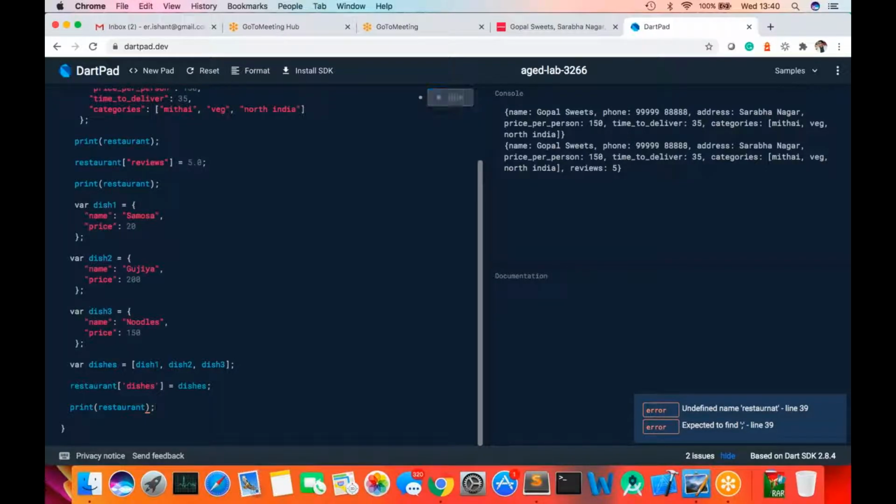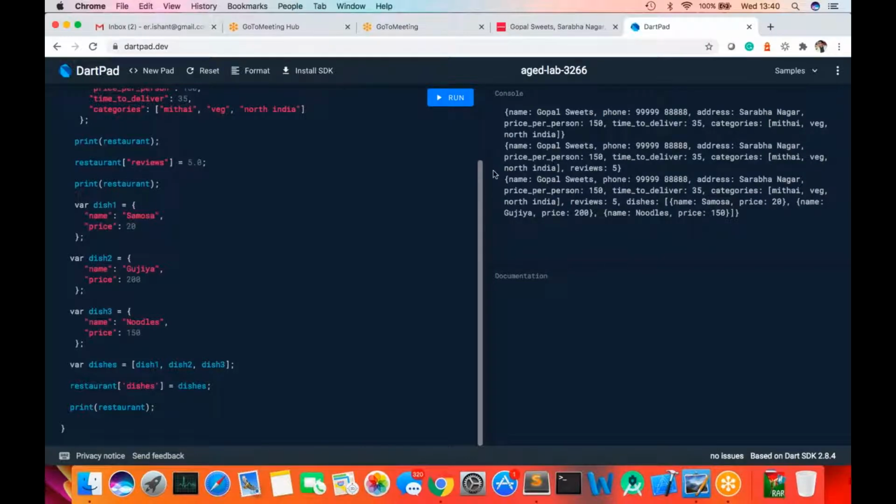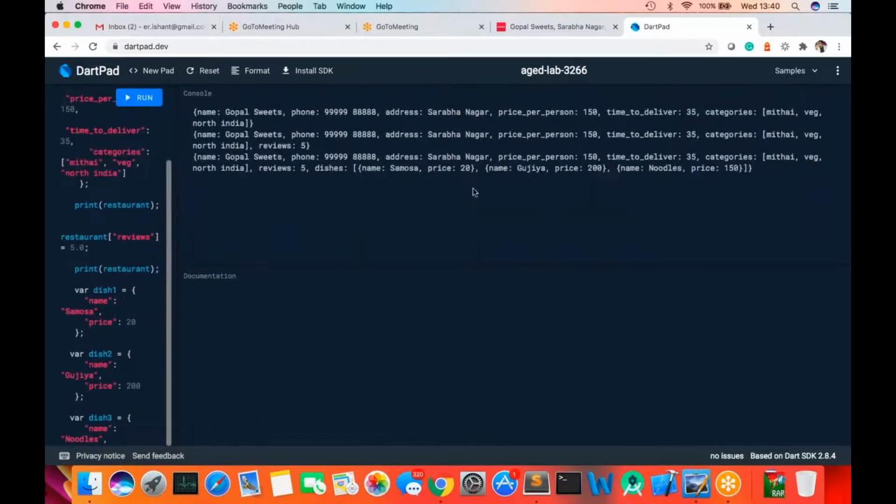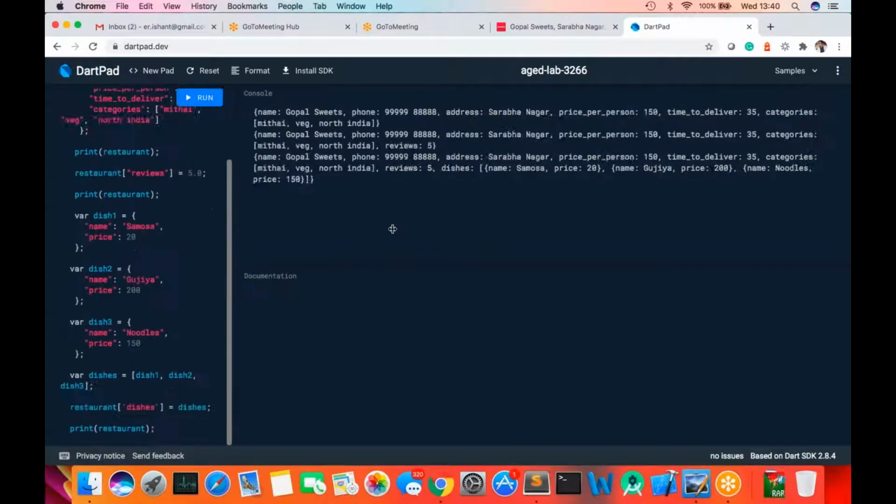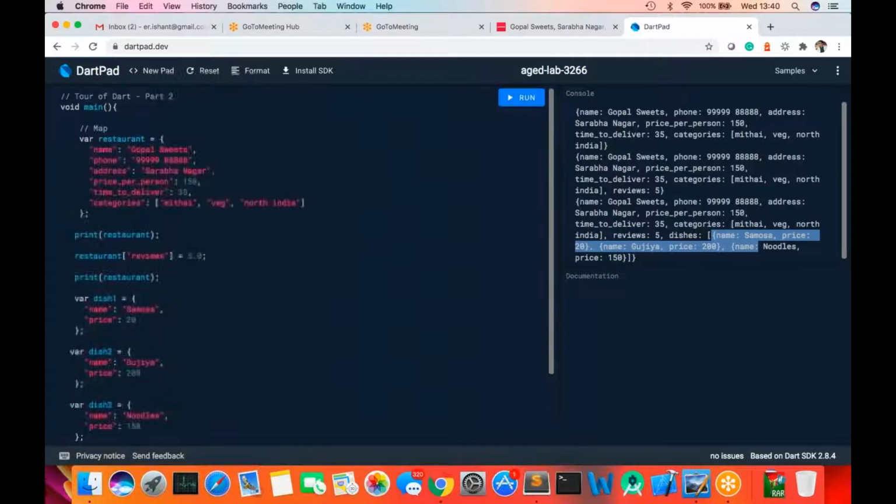So here we are. Finally, if you see the output part, what you see is that dishes is a list of further hash maps. Guys, I hope this entire program is clear to everyone, right? It's where we are trying to understand